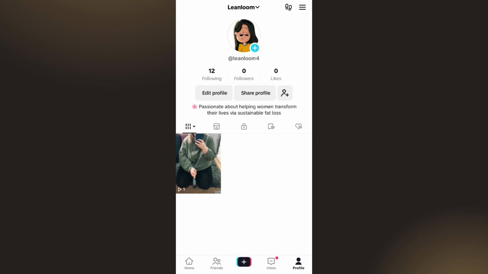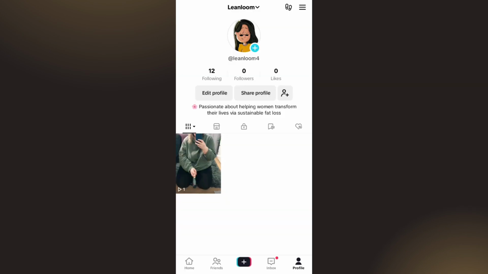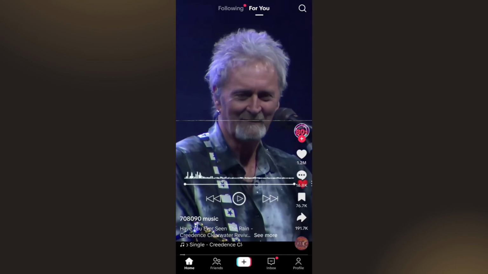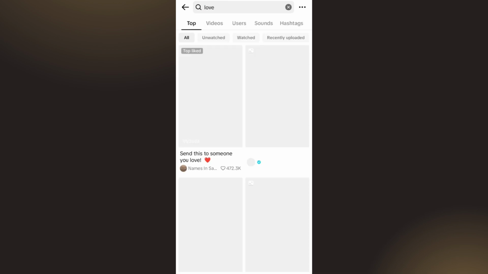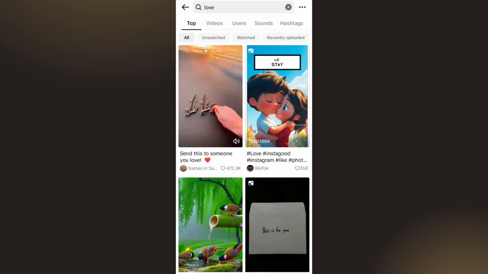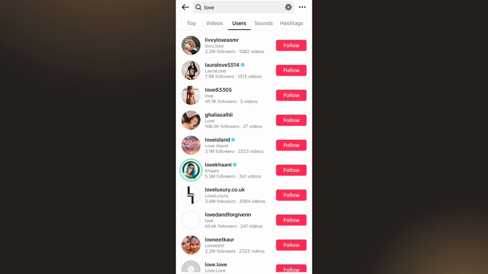So first of all, you will have to open your TikTok mobile application just like so. Then make sure that you are logged into your account. Then you need to just on the home page tap on the search icon in the top right hand corner of the screen, and you need to basically search for that particular person whom you want to block over here. You can find them by searching for their username or by tapping on their name from the comment or the